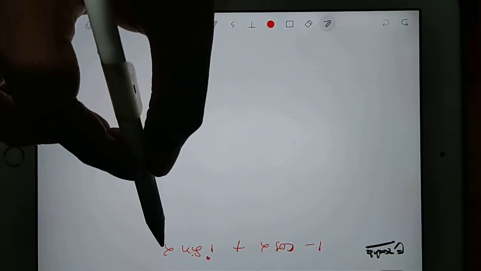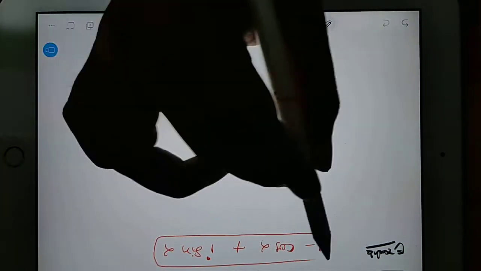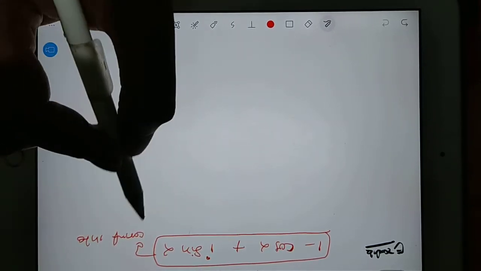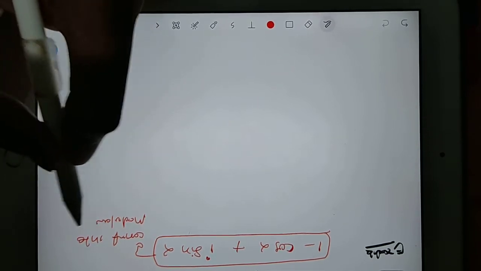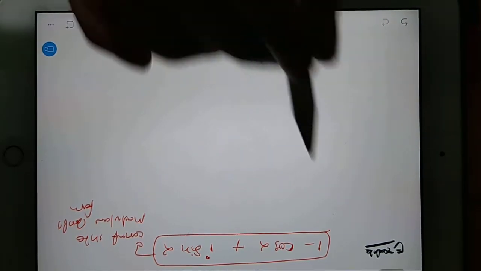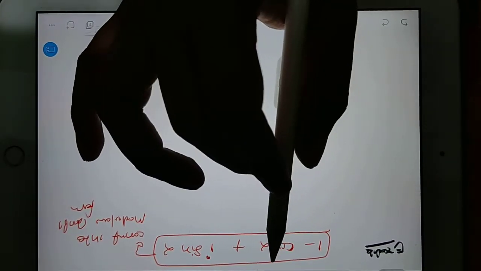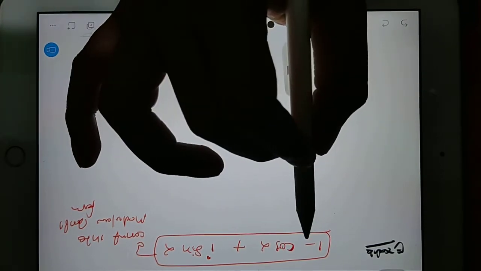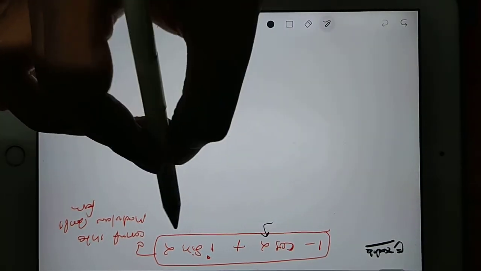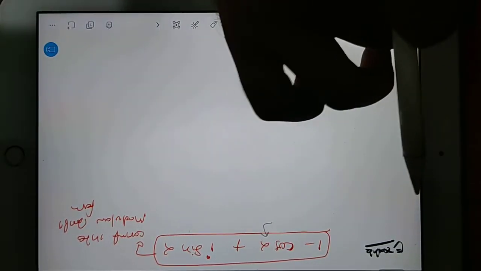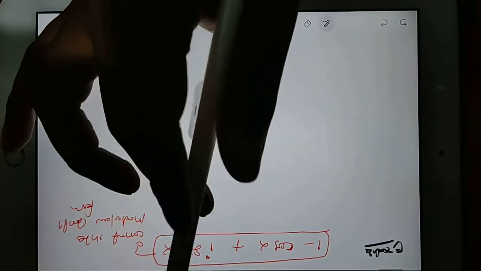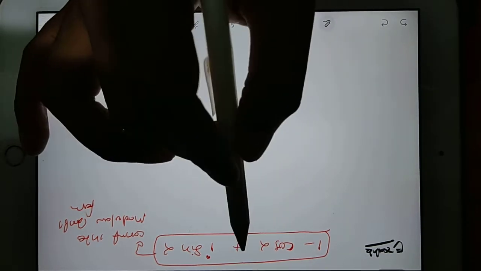and we have to convert this into modulus amplitude form. How can we do this? Very easy. First thing, try to understand in which format the number is given, Cartesian form or polar form. Don't look at the angles here. If you see the angles, you will be confused. You may say, okay, it is polar form. No, we don't write polar form like this, right? So how can we tackle it?